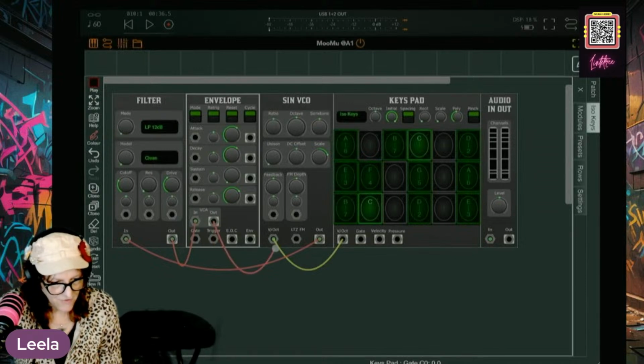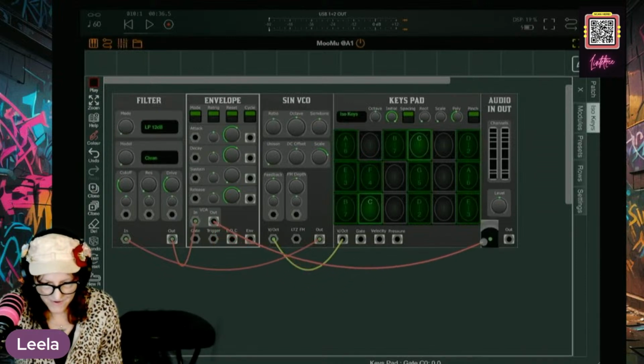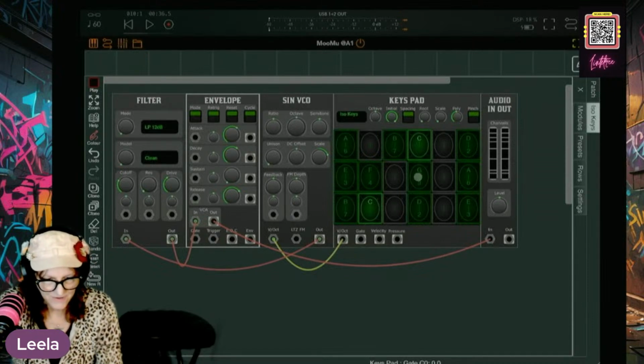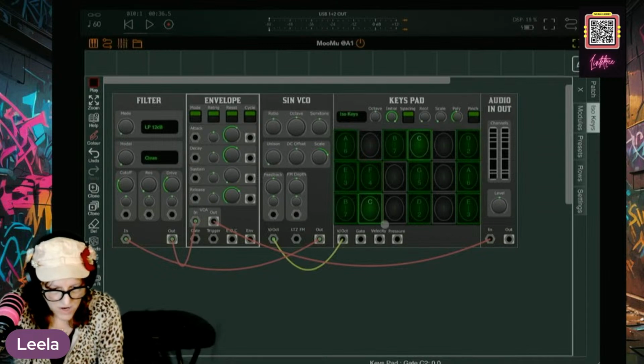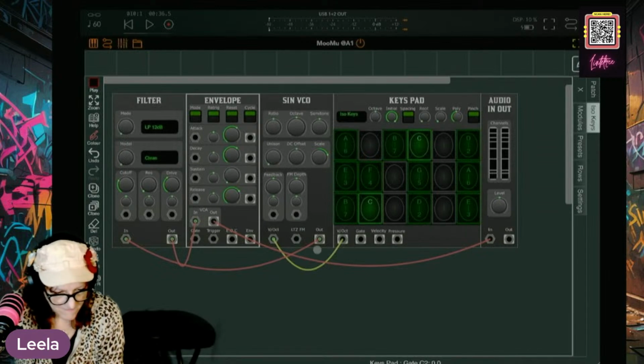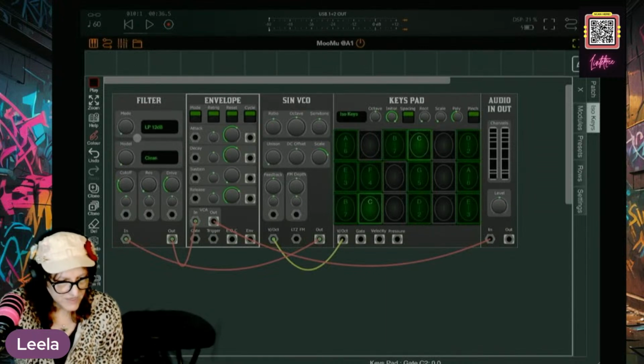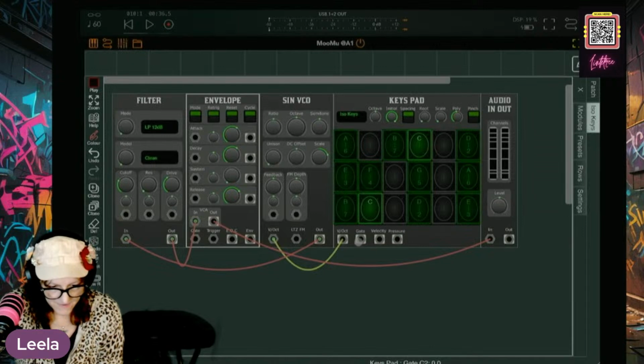And then the out from the envelope into the audio. Now let's see if that works. Wow. Right on. We should be. Oh, yes, gate.